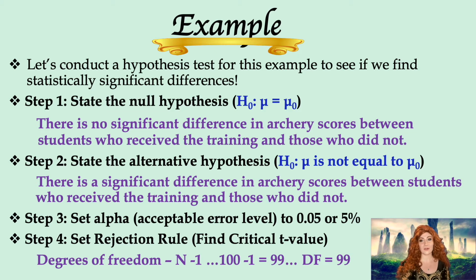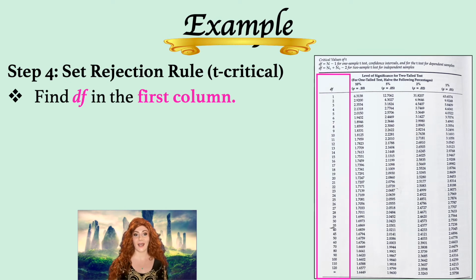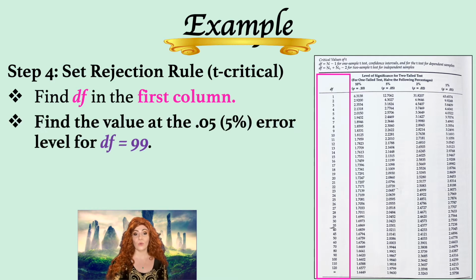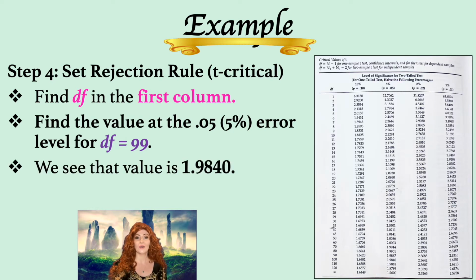So once you have your degrees of freedom, you're going to go to your chart. In your chart, in the very first column, we need to find 99 because 99 represents our degrees of freedom. Once we found that, we need to move our finger to the right until we get to the column labeled 5% to represent the error value that corresponds with our degrees of freedom. Once we see that, we will notice that for degrees of freedom of 99, our critical value is